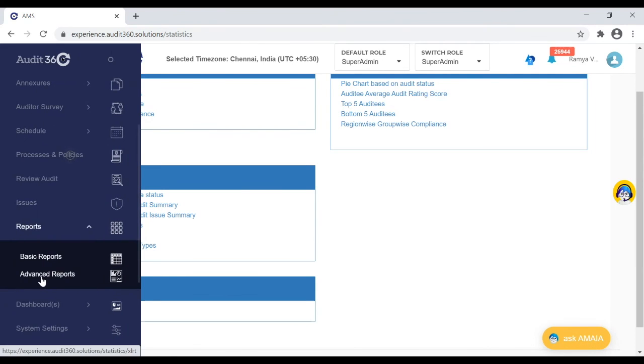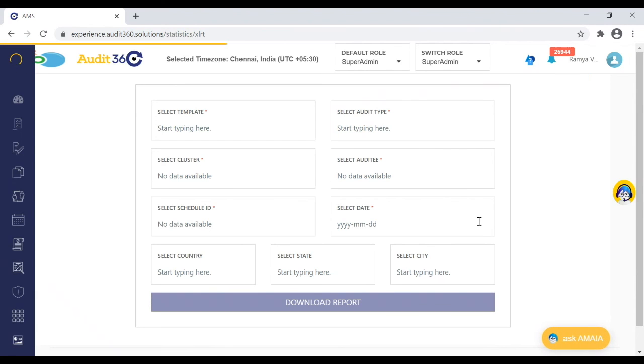So next, under the reports, we have one more section called advanced report. The advanced report is a premium feature. This advanced report would appear only for those users who have opted for this premium feature. I'm just showing a glimpse of how the report would be downloaded and how it looks, but the report format or anything would be different based on the requirement given. This is specifically a custom report. Whatever the advanced report caters to would fall under the specific requirement and formats given by the respective client.